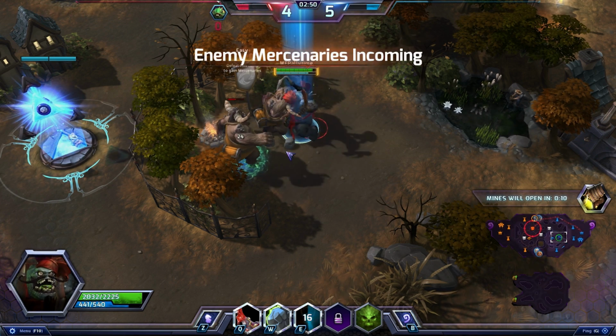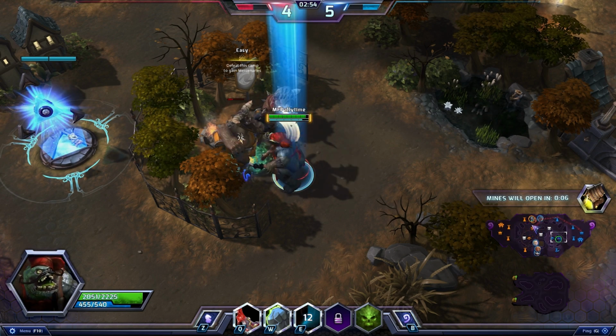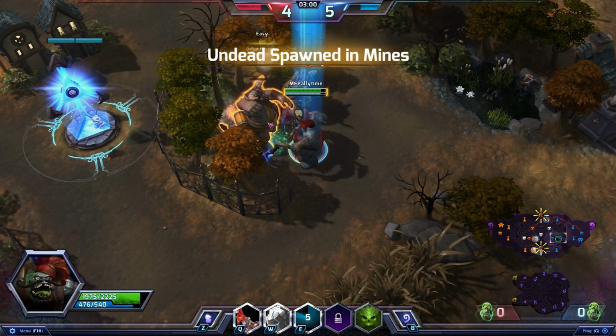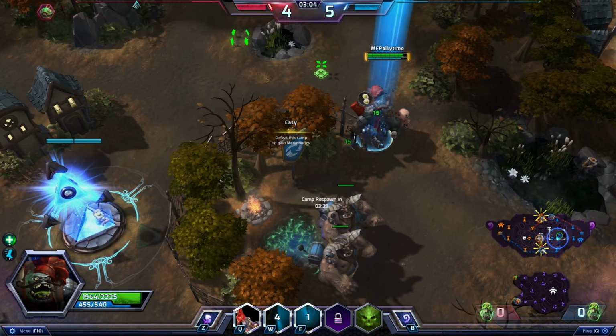It doesn't do a ton of damage, especially at this level, but every little bit helps. The enemy team did pick up the top siege camp. That is going to be pushing the top lane. I'll head up there and help Arthas in just a second. The mines are going to be opening in 30...